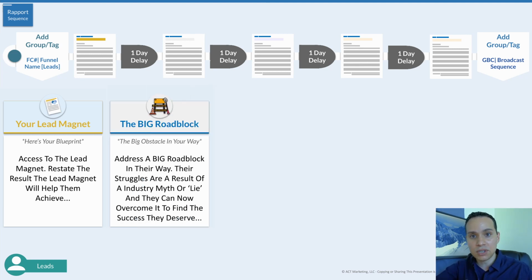So email number 2 in this sequence is going to be the big roadblock that they face. And here we want to empathize with their experiences, their situation, say, hey, you know what? I totally understand that you're dealing with this, you're dealing with that, and you may have tried these other things in the past that haven't worked. And the best way to structure this email is to say, hey, you've tried all these things, you've experienced all these things, and I'm here to tell you that you're not succeeding because of an industry myth,